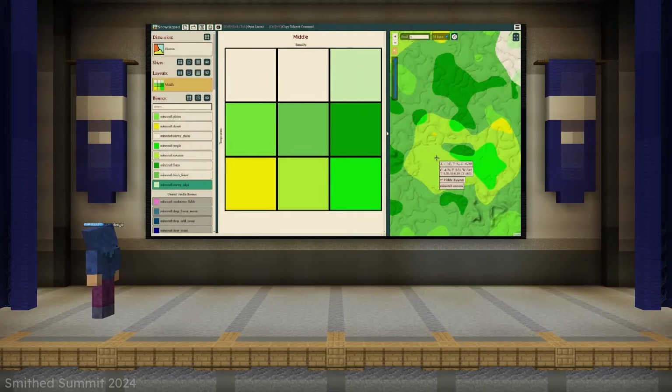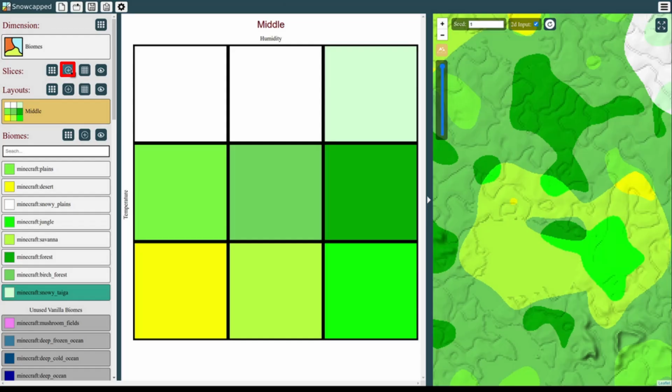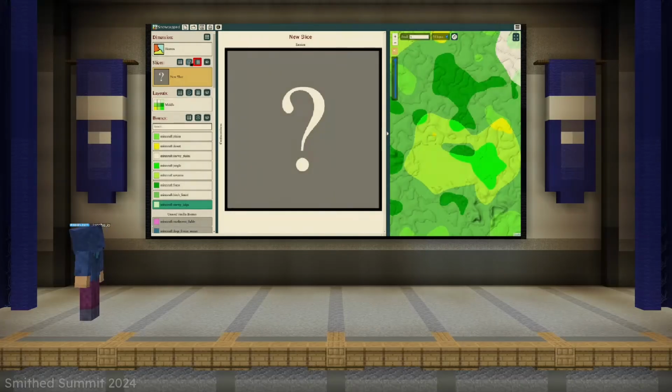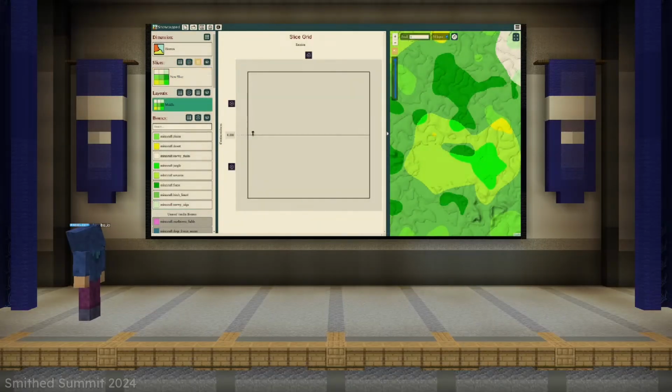So if you remember from the beginning, continentalness was handled by slices. So we'll need to add a slice. We click this plus button on the slice section on the left, and then we now have a 1 by 1 grid for the slices. So again, we want to edit the grid. We click the grid button, and we add the continentalness